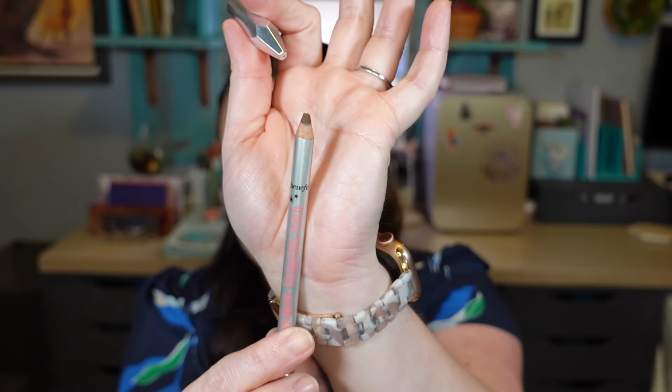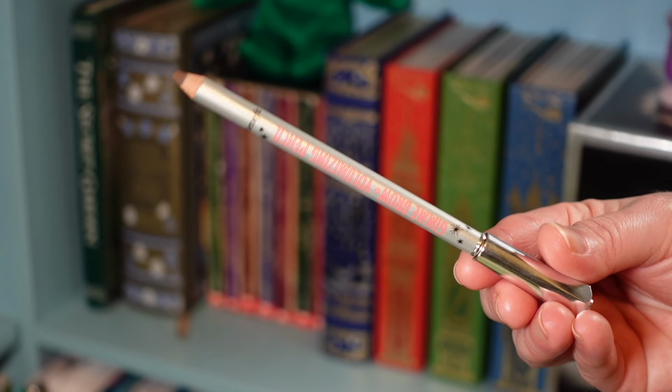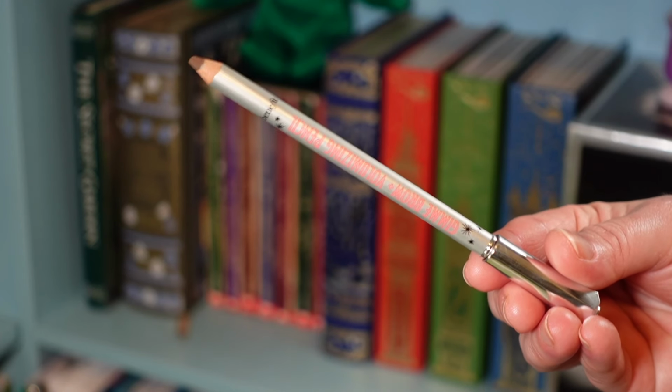So the next item that is on my list is my Benefit Brow Pencil. So I have not started this yet. This is in 3.75, and this is the Gimme Brow Volumizing Pencil. So this is the one that you actually sharpen, and the tip already broke off of it. Fun times. But I am almost done with my ABH pencil that is similar to this that you sharpen. I think I maybe have a week left to use that, and those pencils usually last me about 8 months. So if I'm starting on it in April,